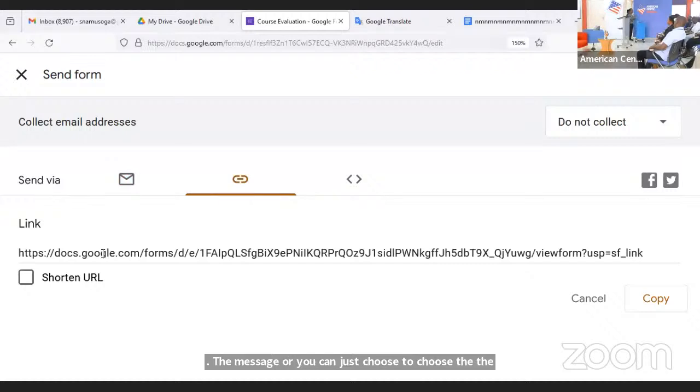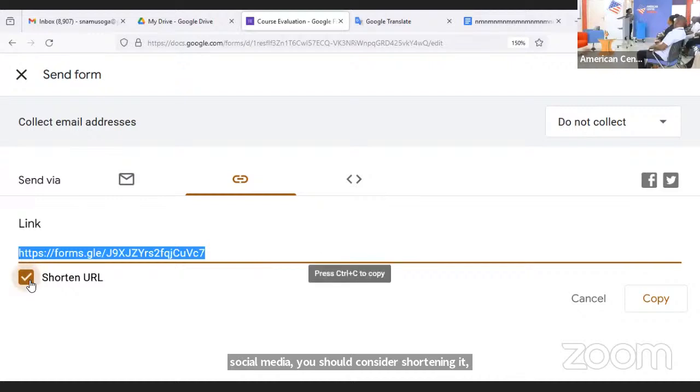This link is very long. If you're going to share this on social media, you should consider shortening it, especially if you're using X, which has a limited number of characters. Okay, consider shortening the link. There are other link shortening